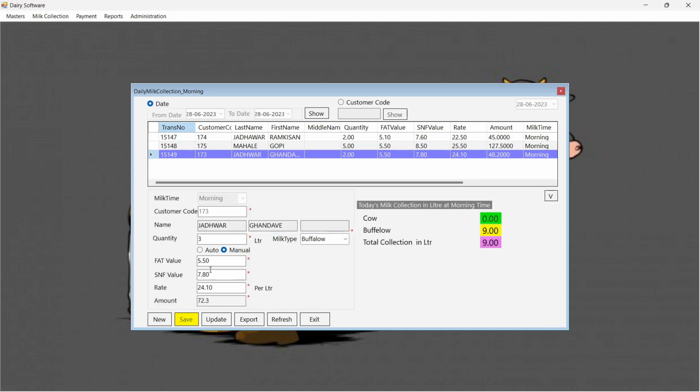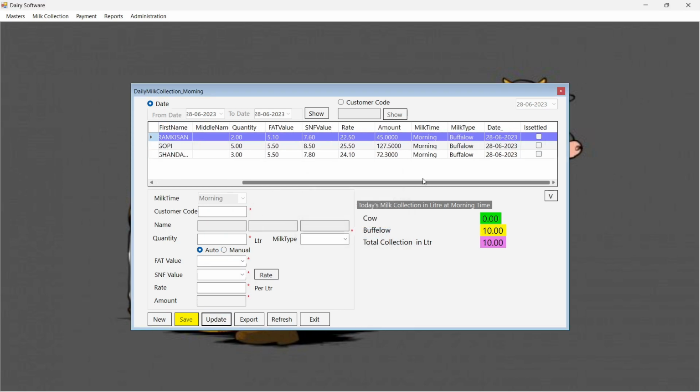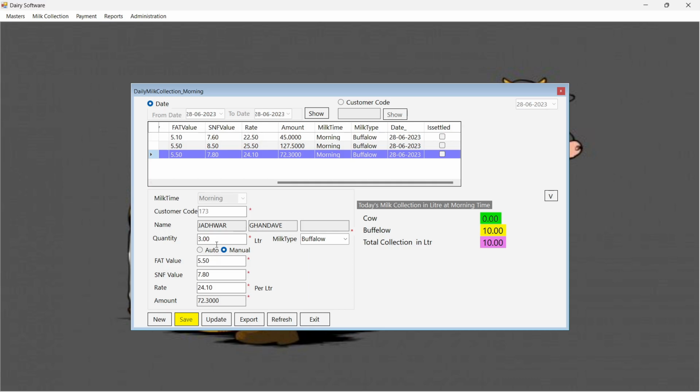So what will happen is there is a rate value, all the things are fine, the rate is calculated based on the SNF pattern, and right now previously 2 and I am making it 3. So we have to make the update, correct? In the backend the data will update right here. Previously there were 2 liters and I made it 3 liters, correct? So if you see in the background,